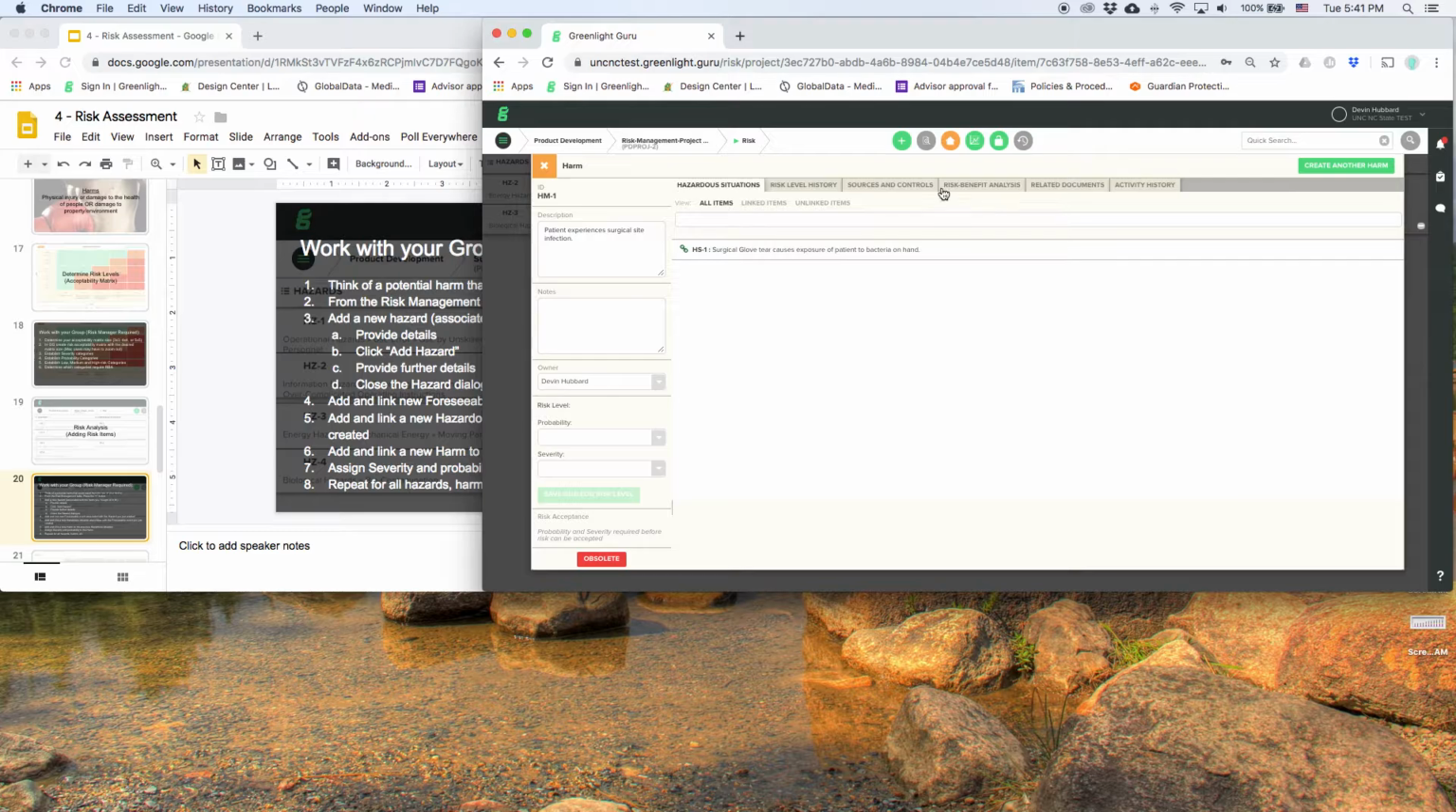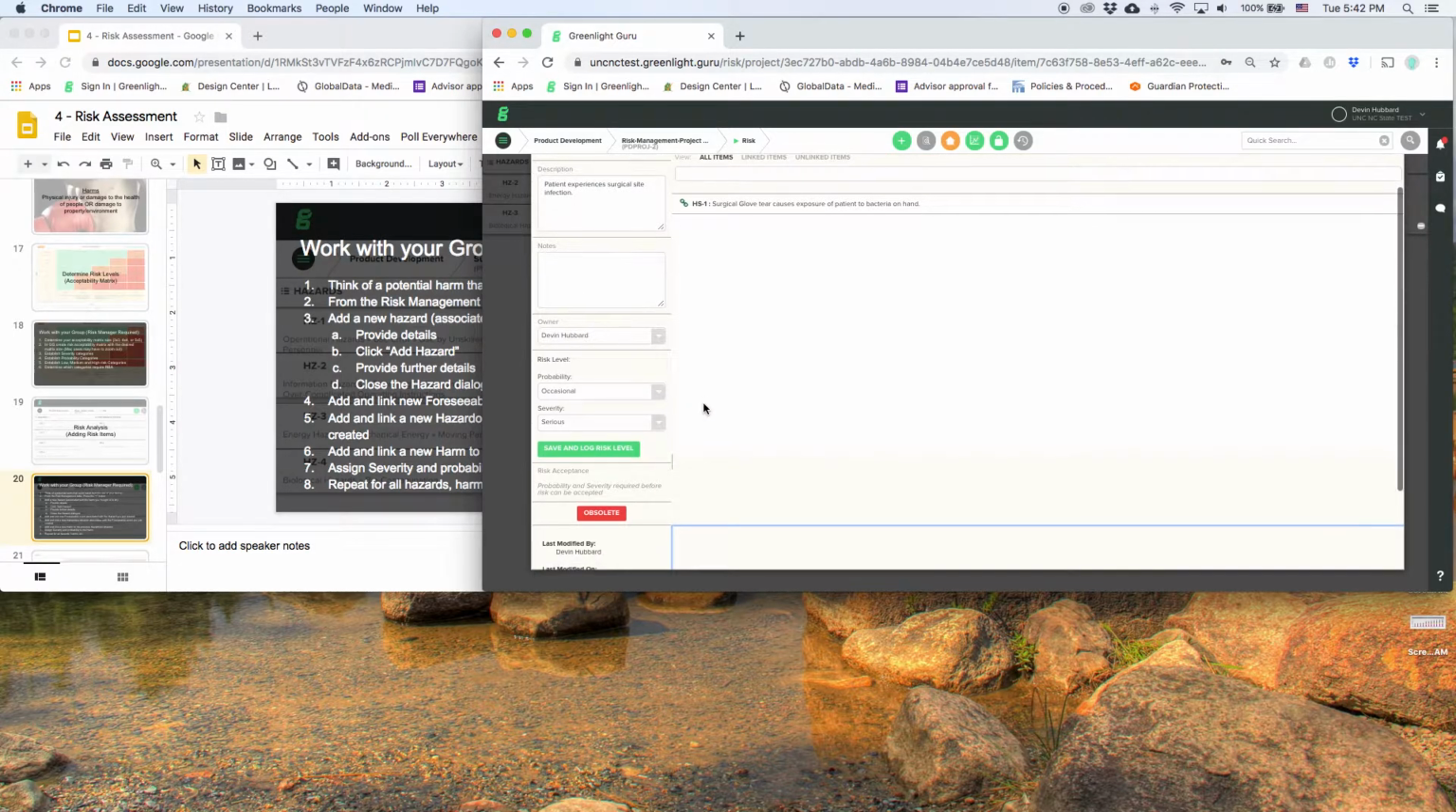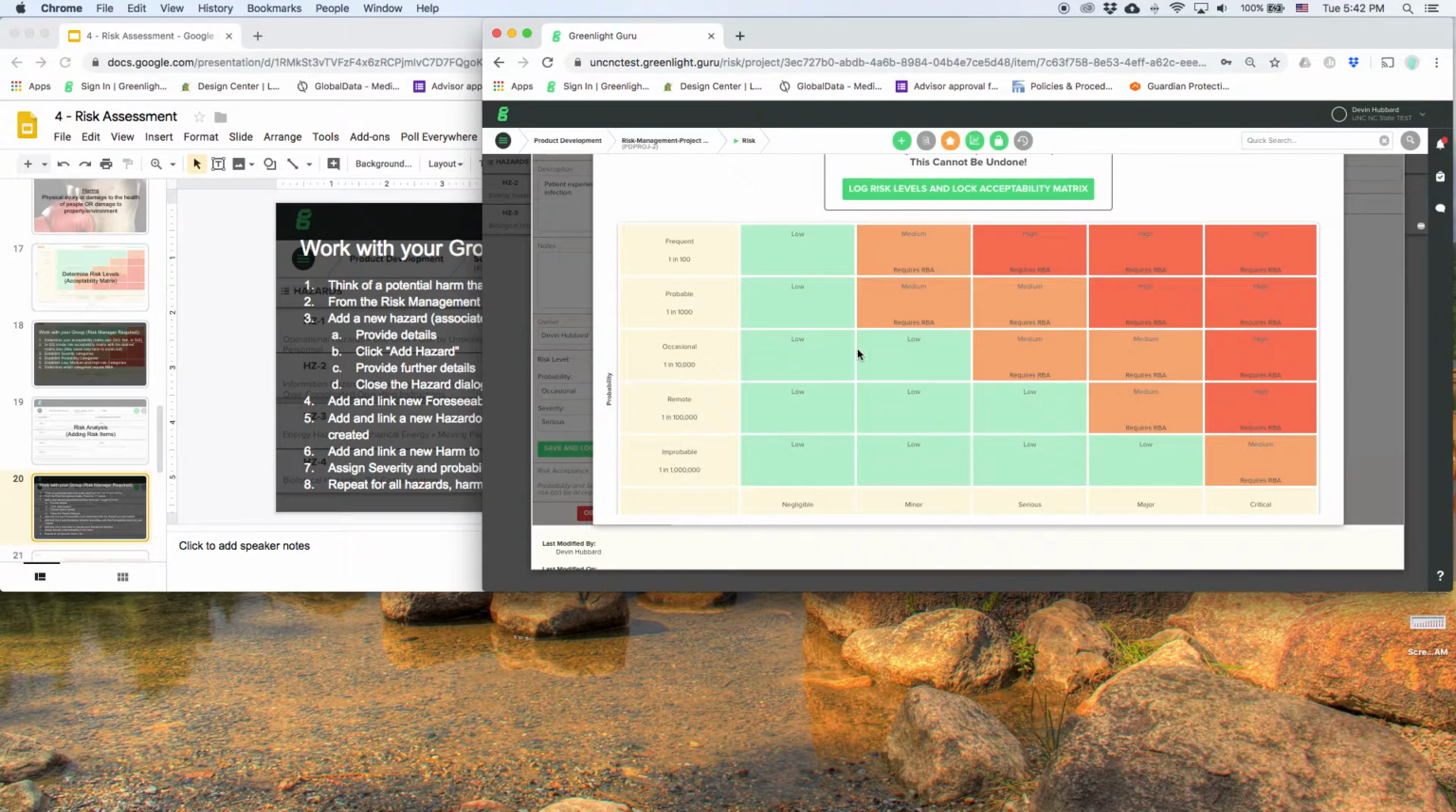How do we do this? First, you can see here on the left that we have the ability to assign the frequency and the severity of this particular issue. So let's say that this may happen occasionally. And for the sake of argument, I would argue that this is a serious complication. If a surgeon's glove tears and that results in an infection, even though the probability may be relatively infrequent. Let's say our initial design is pretty garbage and has a high risk of catching a glove. So let's say that this is occasional. When I save and log this risk,